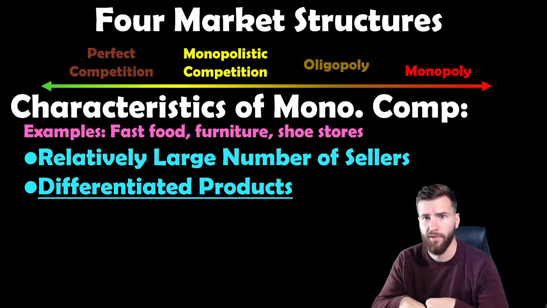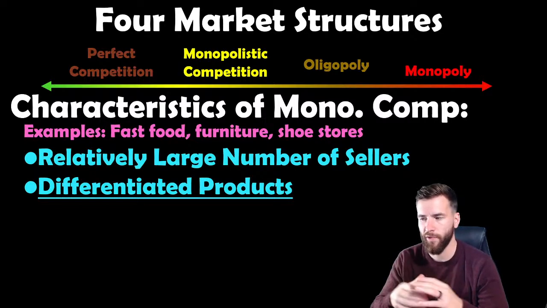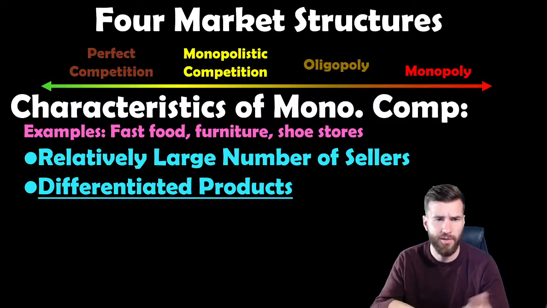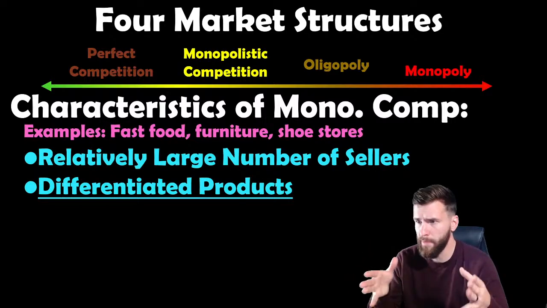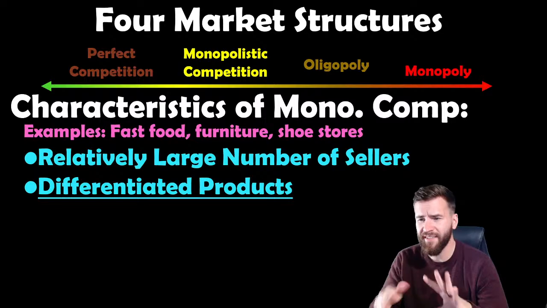Fast food is monopolistic, sort of, right? Even though a few firms dominate, McDonald's is different than Wendy's, and Wendy's is different than Burger King, and Burger King is different than Arby's, and Arby's is different than Taco Bell, etc. They're all fast food. They're all pretty much the same. They're all in the same market structure for sure. But the good that they sell is somewhat different.